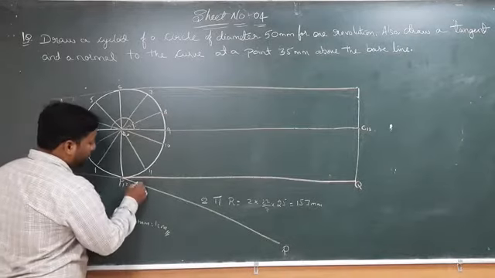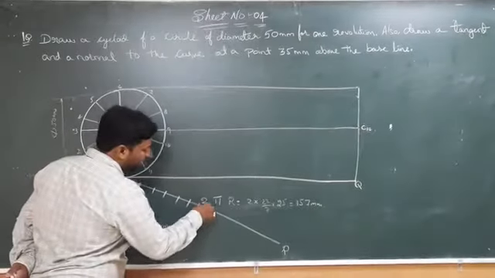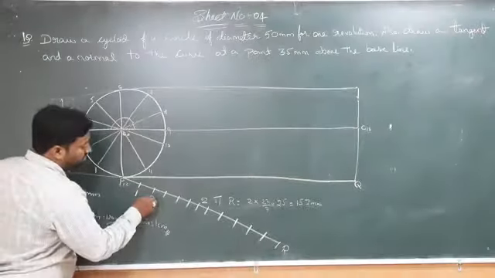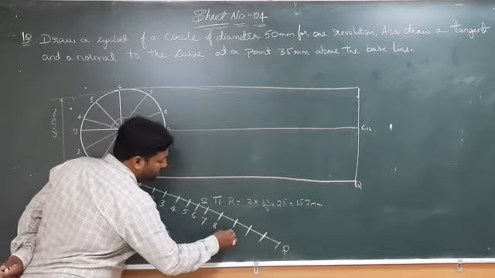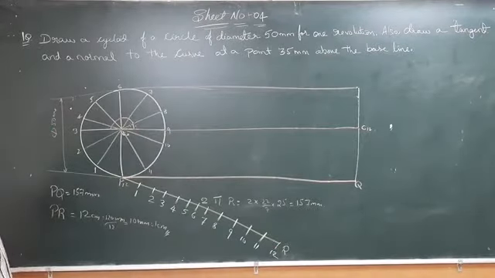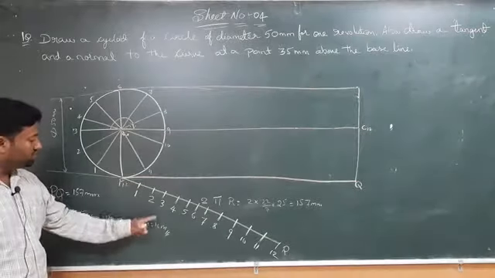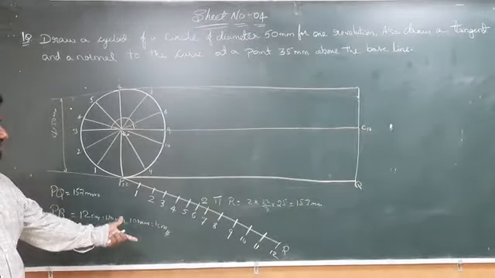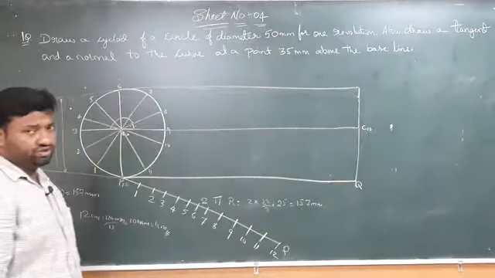So the first one here, for example, this is the 1 unit, 2 unit, 3 unit, 4, 5, 6, 7, 8, 9, 10, 11, and this is the 12. So I will give the text like 1, 2, 3, 4, 5, 6, 7, 8, 9, 10, 11 and 12. Here the distance from P to 1 is 10 mm, that is 1 centimeter. 1 to 2 is also the same because we have taken equal divisions here. Why we have taken equal divisions in PR means we have to divide PQ into 12 equal divisions.